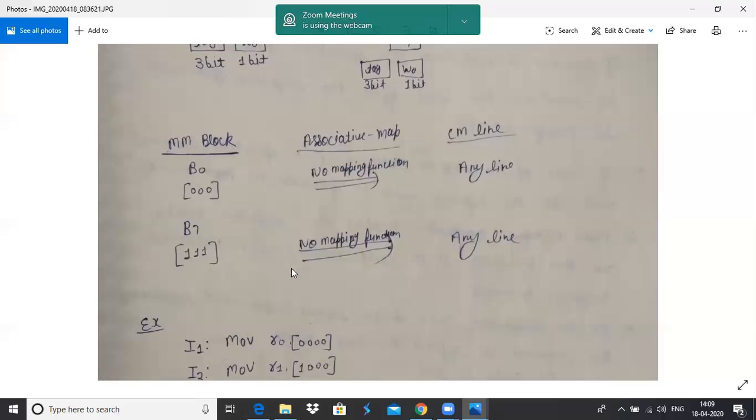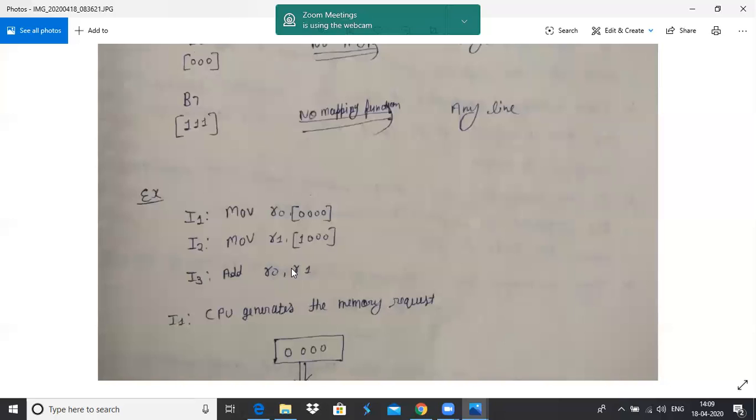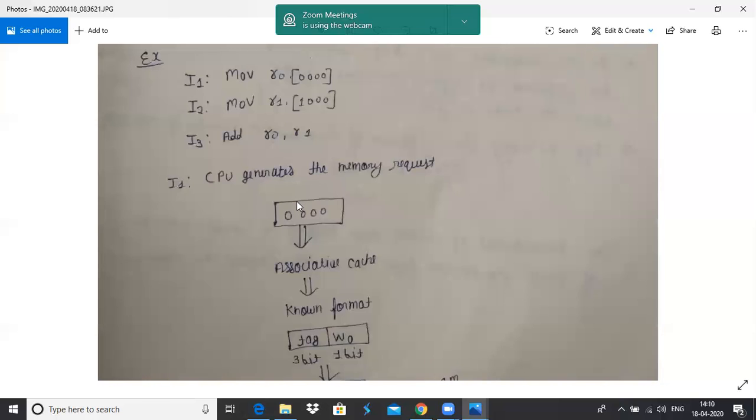So the CPU generates a request for the B0 block, and in the second statement the CPU generates a request for the B4 block, and the third instruction is to add the R0 value and R1 value. The CPU generates the request for the B0 block. The physical address is 0000, 4 bit.